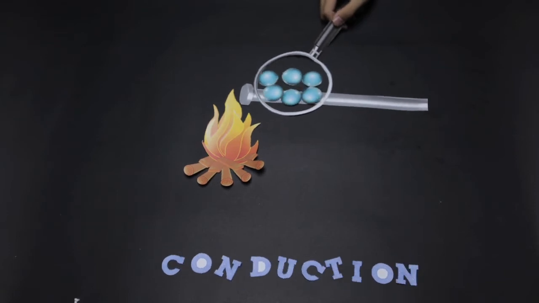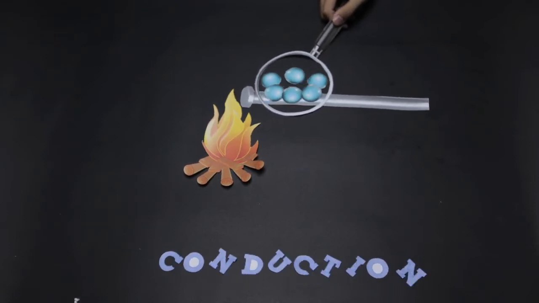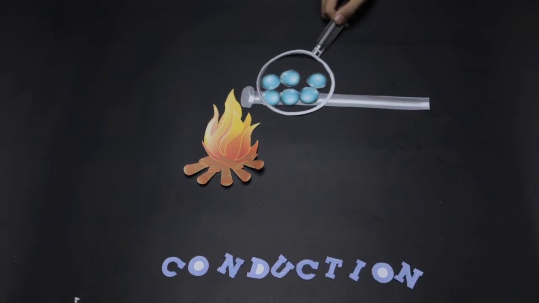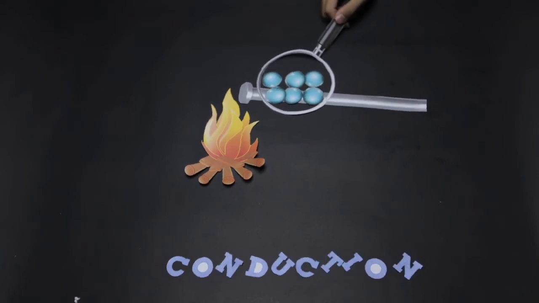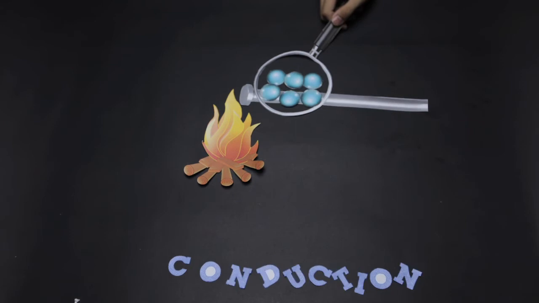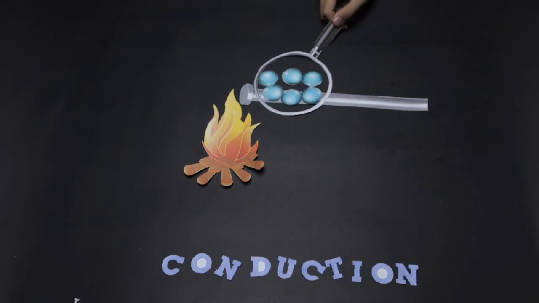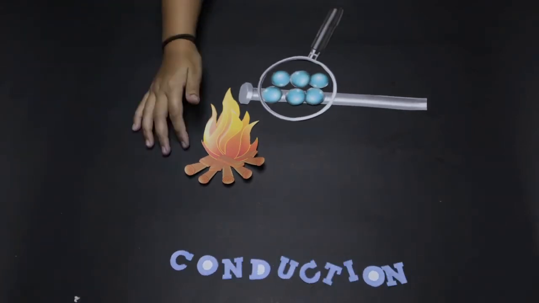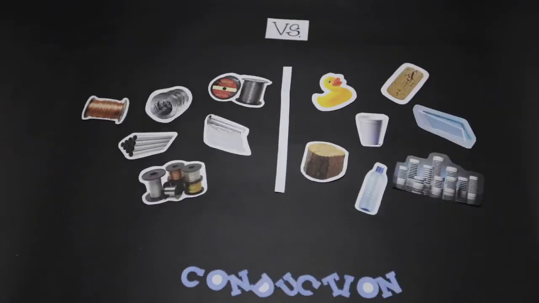As you heat the metal, the particles vibrate, and these vibrations make the adjacent particles vibrate, and so on, where the vibrations are passed along the metal, and so is the heat. We call this conduction. Some materials are better at transferring heat than others,